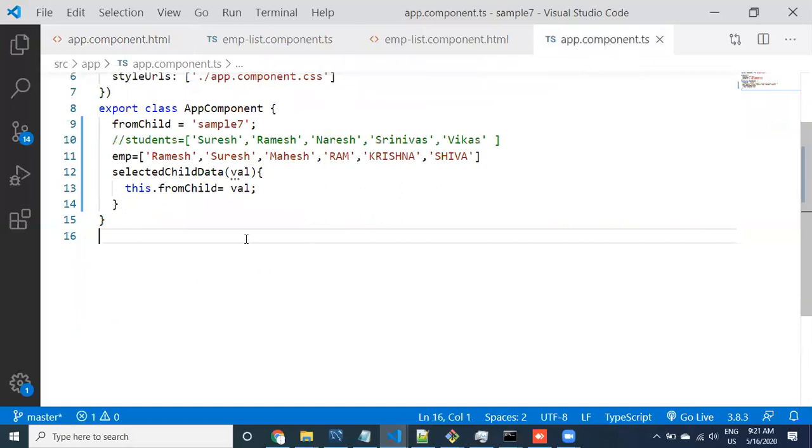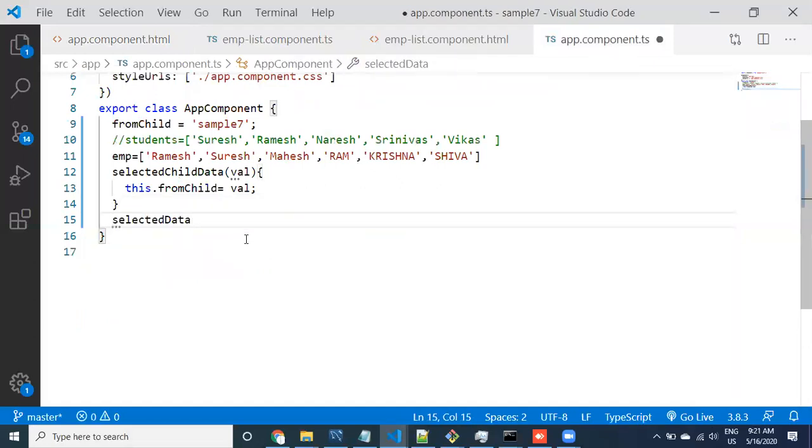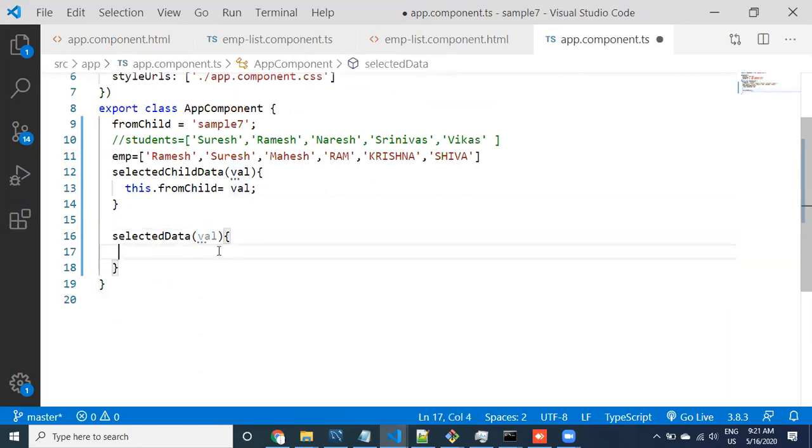component, and you need to write a method selected data, and from there some value is coming, right, you can take the value. Of course that event contains some value, and what I want to do, you can console it, or you can set this selected value. This value is coming from the child. Whatever value is coming from the child, you can set this value to the parent property.